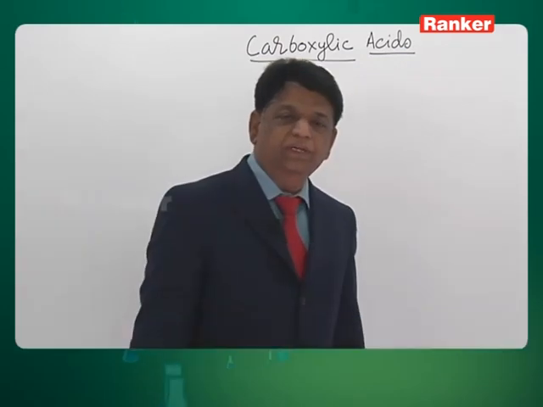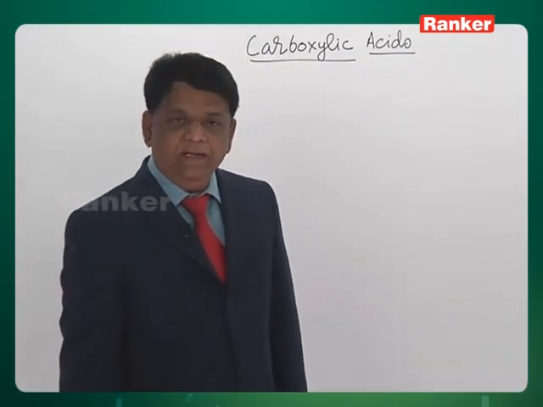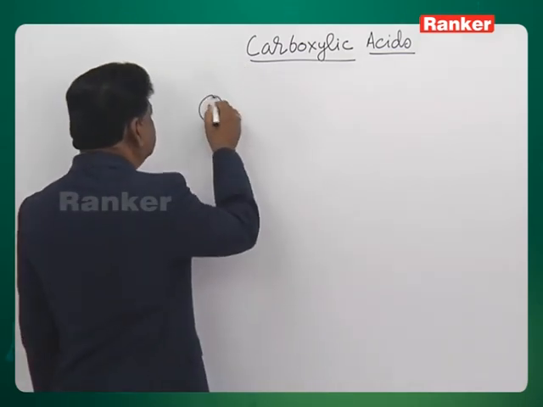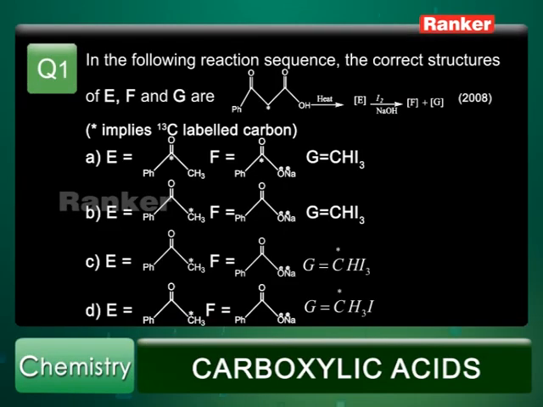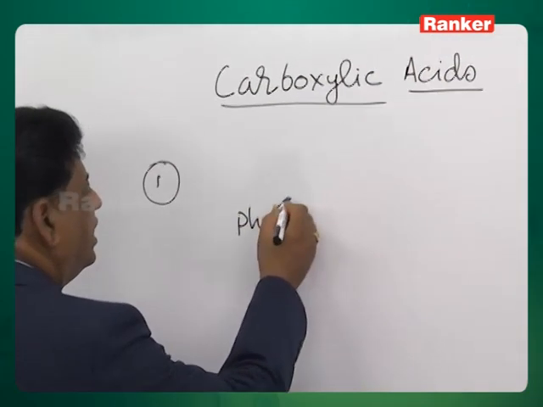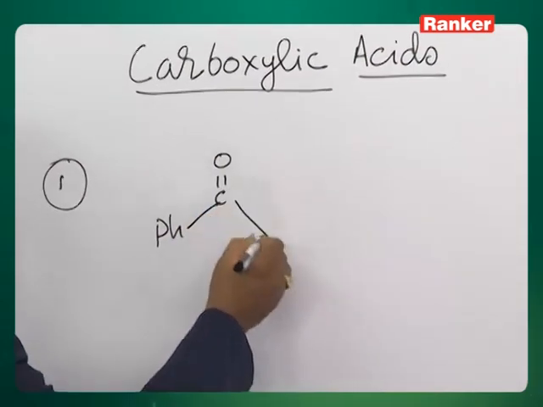So let us have some questions from the previous IIT JEE questions. The question number 1. In the following reaction sequence, the correct structures of E, F and G are. The compound is given like this: a phenyl with a carbonyl group,